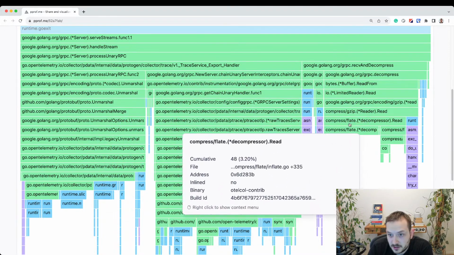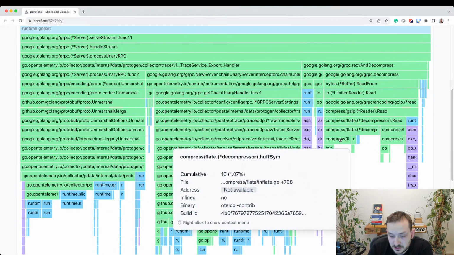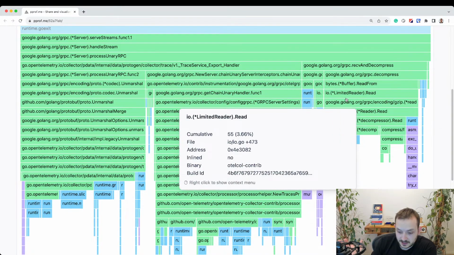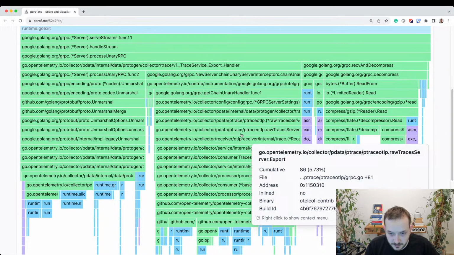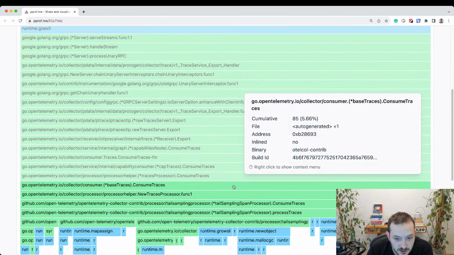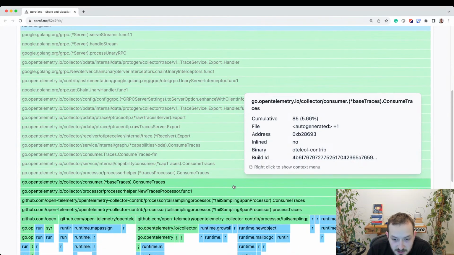Over here we can also see compression, so not something that we're going to look at, but again in gRPC it's possible to plug out the compression algorithm, and so we could actually just use a different implementation and still use gzip that is more optimized. But we'll stay away from that for today. Maybe another time we can look into something like that. But now let's have a look at